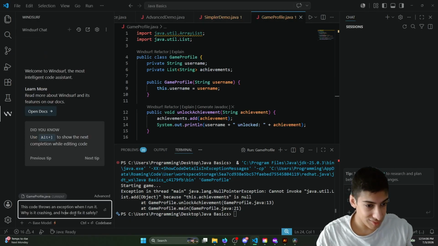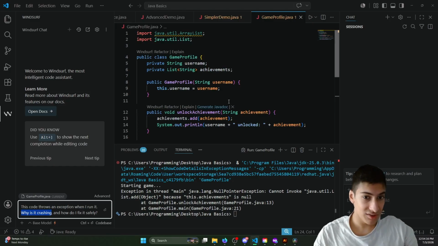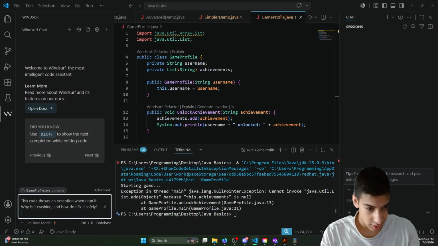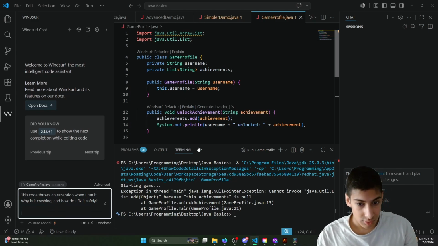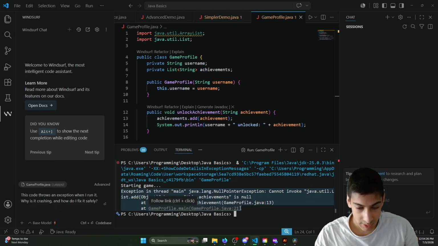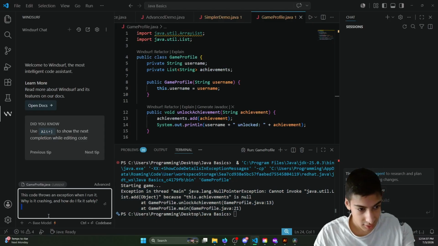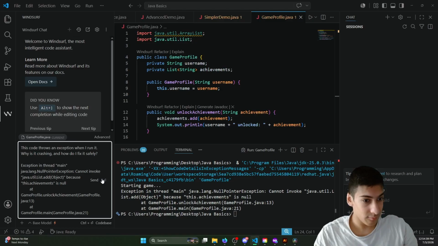If we go to the Windsurf chat window, we can tell Windsurf that there's an exception when this code is run, and then we can ask it the reason behind the crash and possible ways to fix it. And we can also paste in this error message here. So we can highlight this error message and then right click to copy it and then paste it in here. And so now if we send it,